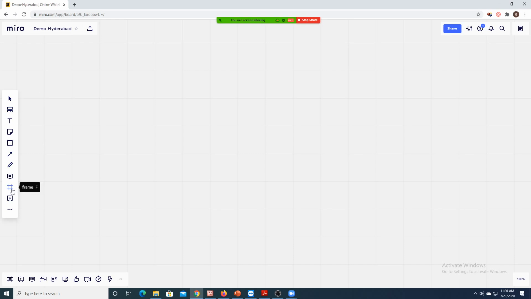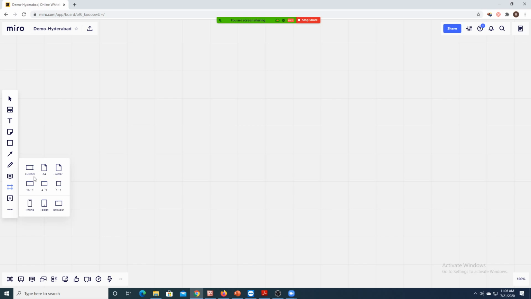The first thing that you need to do is create frames. In Jamboard, you have seen we had 20 frames. Like that you have to create frames. From down, the third one, you can see a frame tool. You just take the mouse there, it will show you frame. Click on that. There are a couple of things that are there.